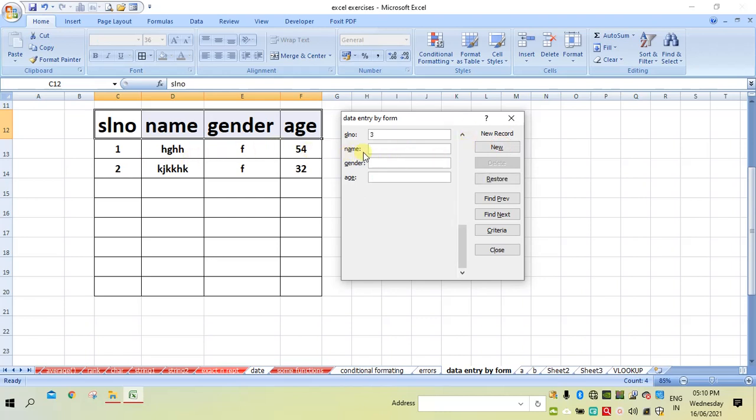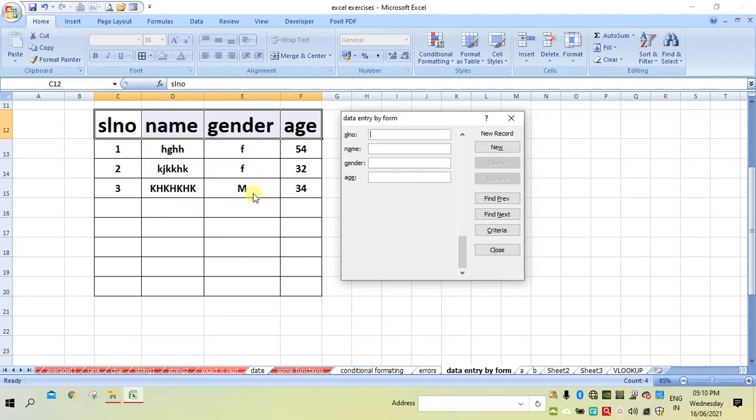Again, the third record. Age, so this is like this. We can go on entering the data.